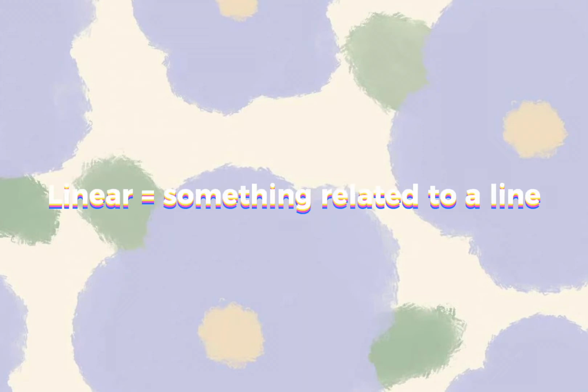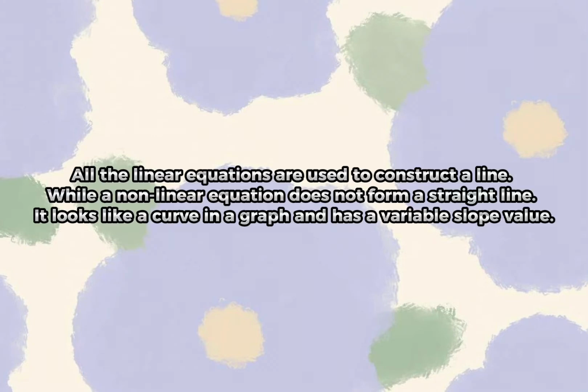On identifying what type of equation it is, remember that linear means something related to a line. All the linear equations are used to construct a line, while a nonlinear equation does not form a straight line. It looks like a curve in a graph and has a variable slope value. So now, just by looking, we can identify that the first equation is nonlinear, while the second equation is